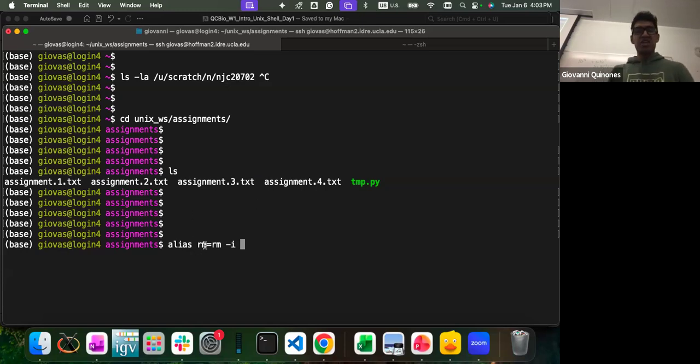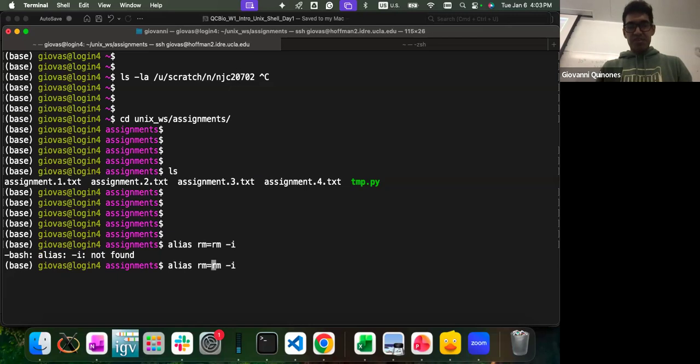So what that means is that whenever I type remove, in reality it's doing remove -i. This is just a security measure so that whenever I delete something, it always prompts me to ask, are you sure you want to remove that thing? I think you have to put this in quotation marks, something like that.